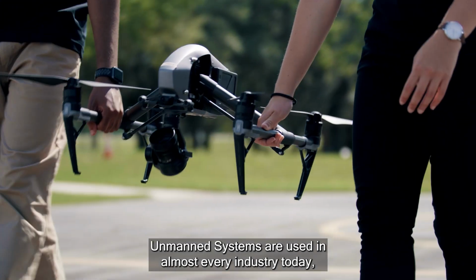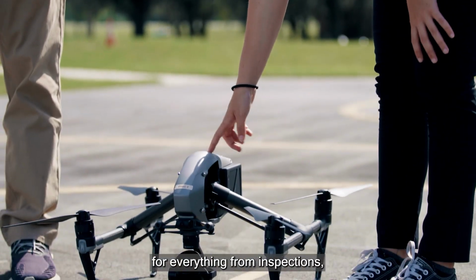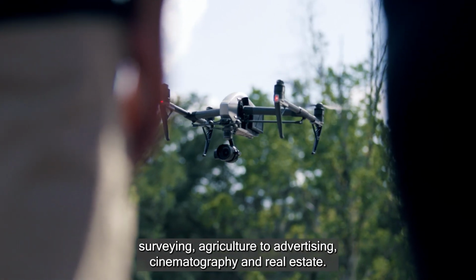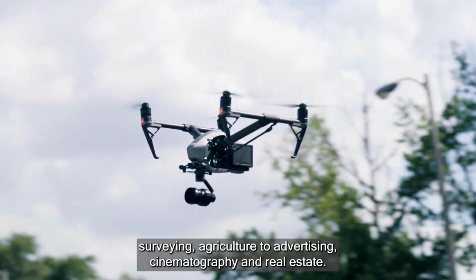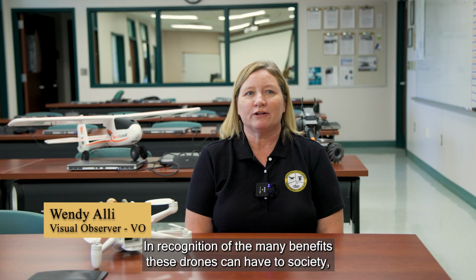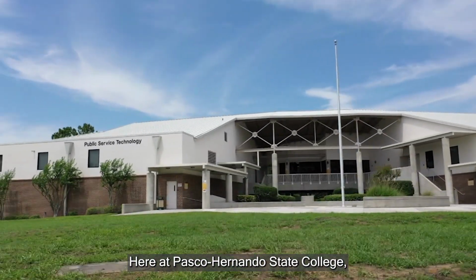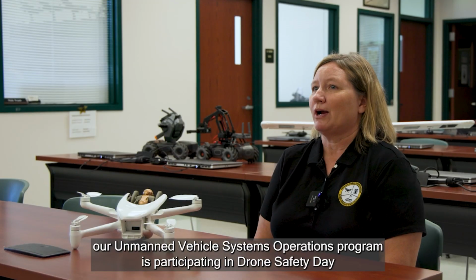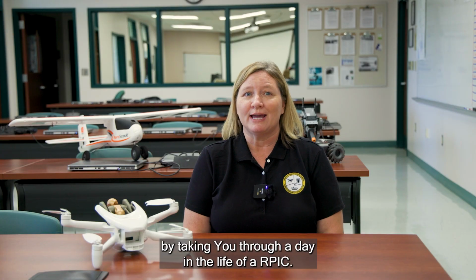Unmanned systems are used in almost every industry today for everything from inspections, surveying, agriculture to advertising, cinematography, and real estate. In recognition of the many benefits these drones can have to society, here at Pasco-Hernando State College, our Unmanned Vehicle Systems Operations program is participating in Drone Safety Day by taking you through a day in the life of